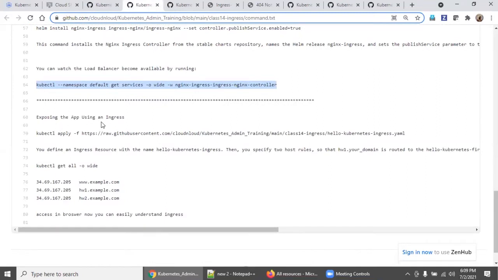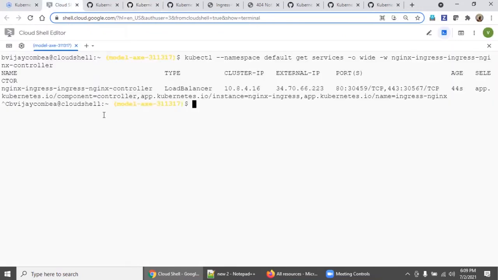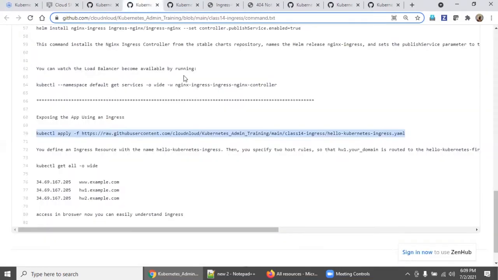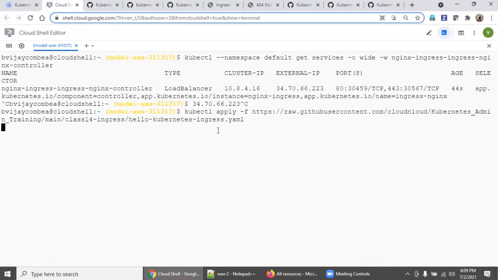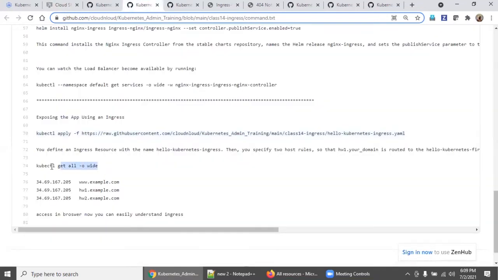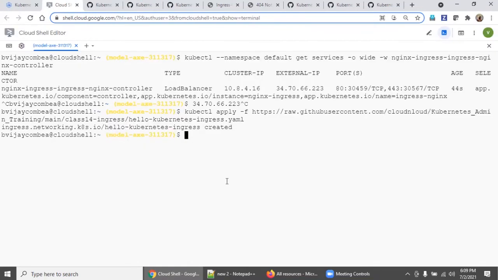So now we are going to expose it using ingress. So go here, copy this and enter it. So the ingress got created. Now go back to the step and get all.